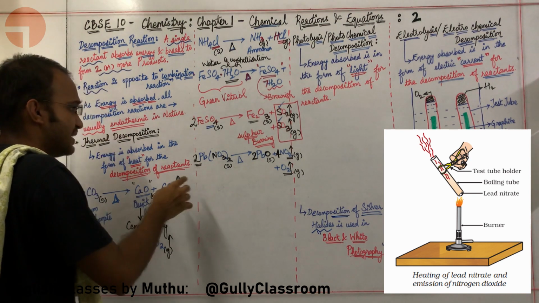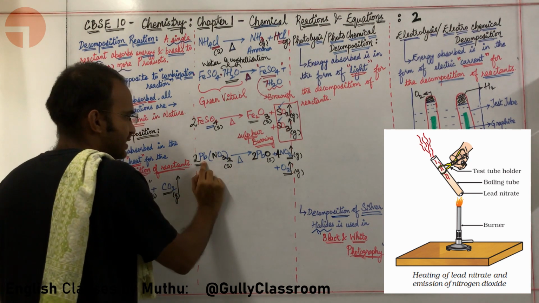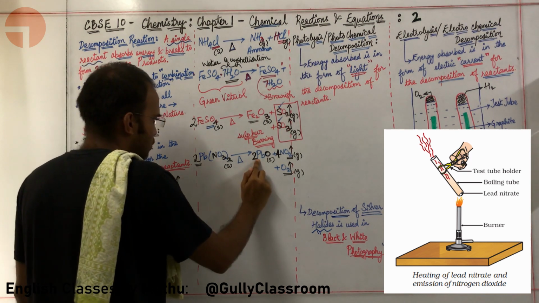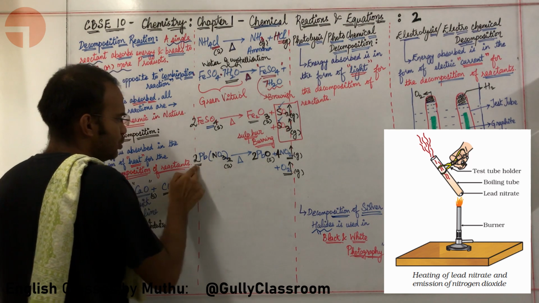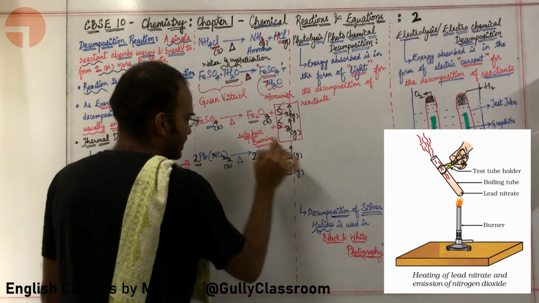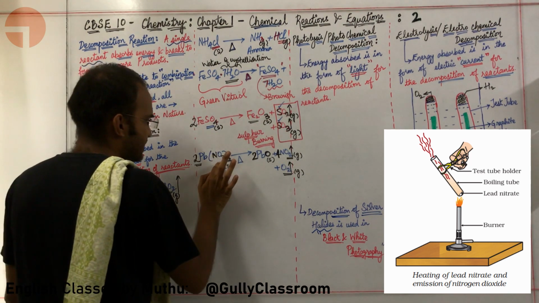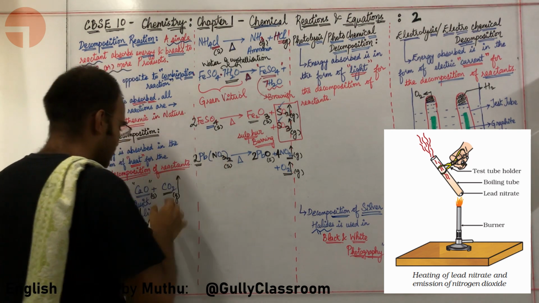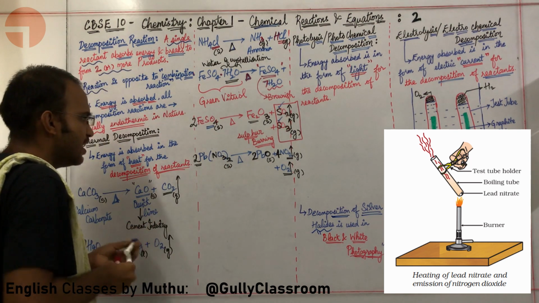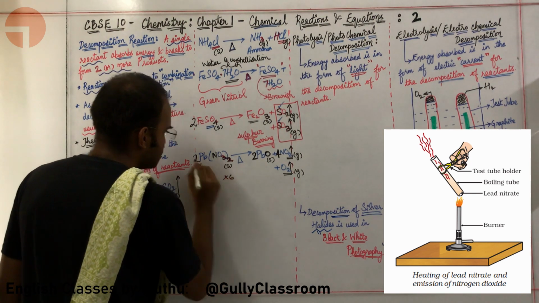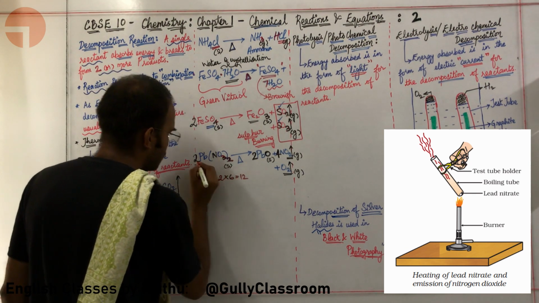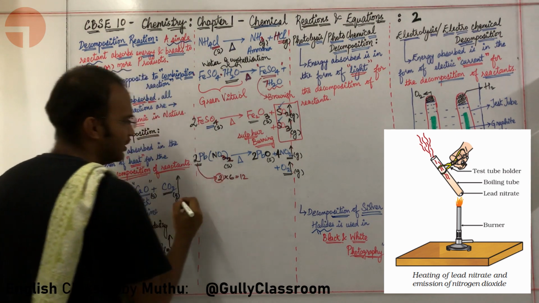Okay, now let us check the balancing of the equation. Here there is 2 Pb, here also there is 2 Pb. Here there is 4 nitrogen, N2 into 2, 4 nitrogen, here there is 4 nitrogen. Here there is 12 oxygen. How 12 oxygen is here, sir? Check this out. Here I am having 3 into 2, 6 into 2, which is equal to 12. This 2 is written right over here.